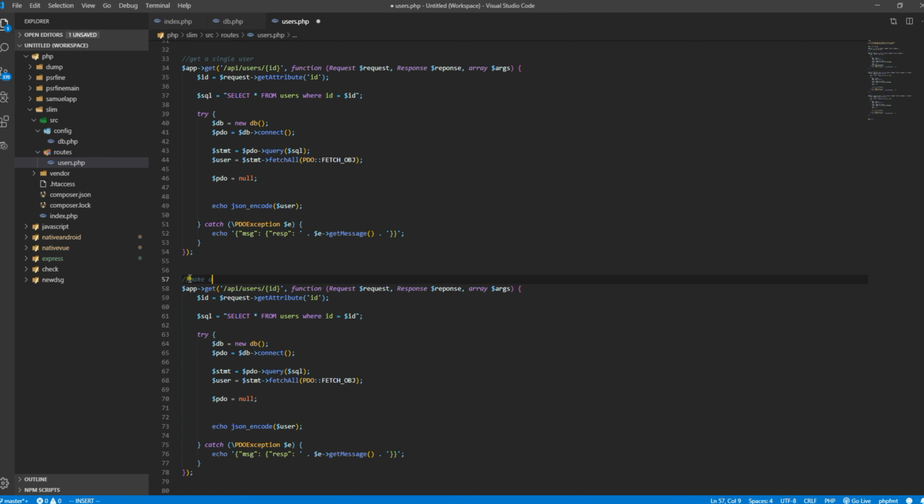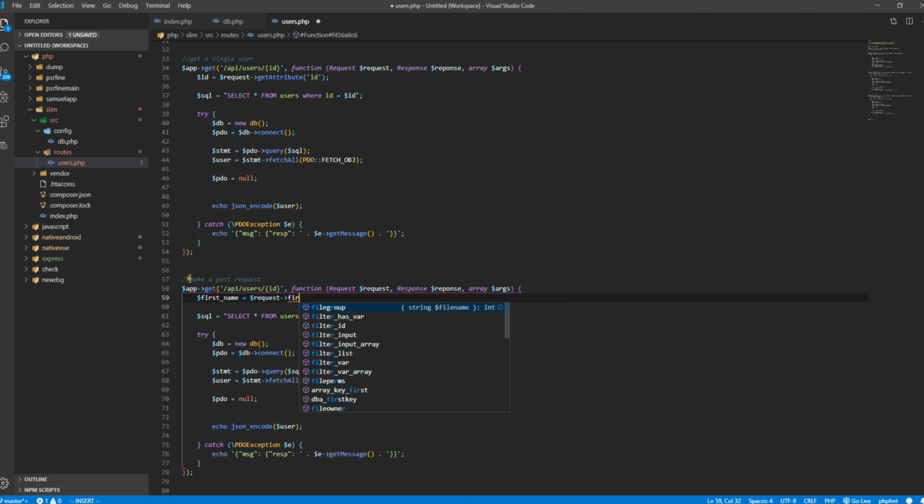Make a post request. So we have the ID, so we don't really need the ID actually. I think we need the first name. We have the request, get params, because we are sending parameters. Yes, we have the first name param,